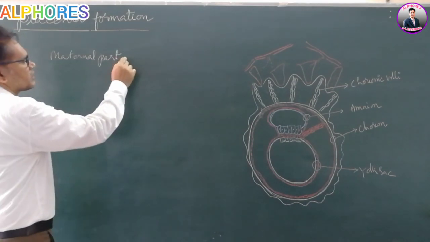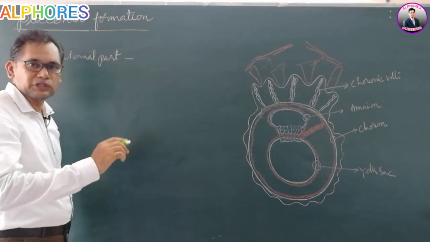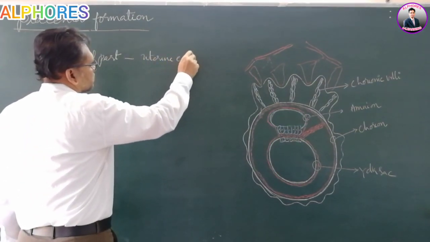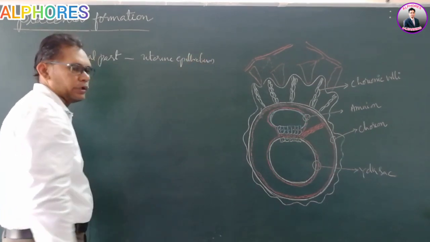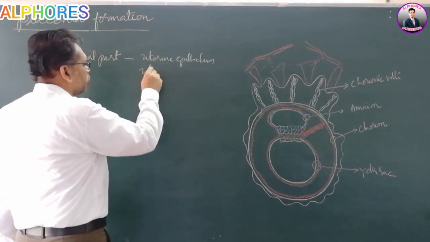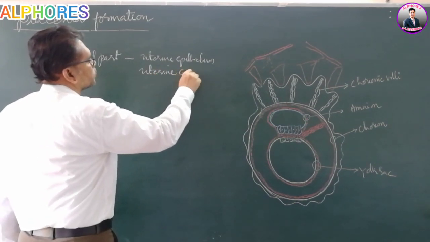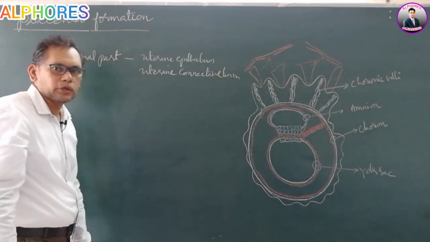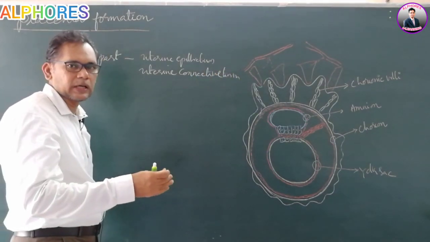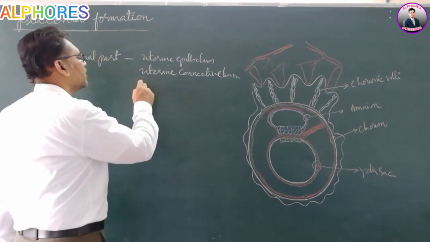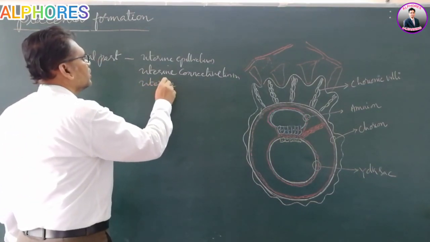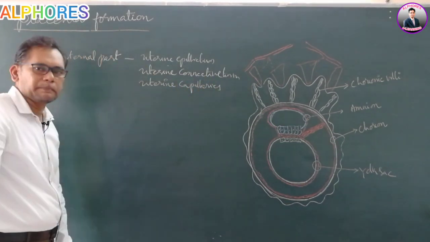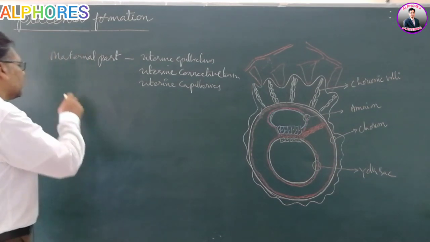The maternal part consists of uterine epithelium, uterine connective tissue, as well as uterine capillaries, nothing but the endothelium of the uterus. Now this is the maternal part of the placenta, whereas the fetal part